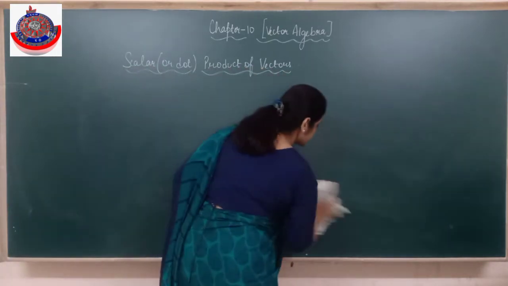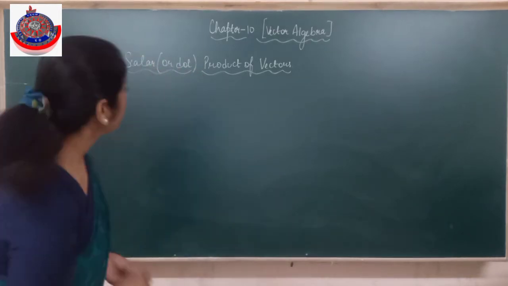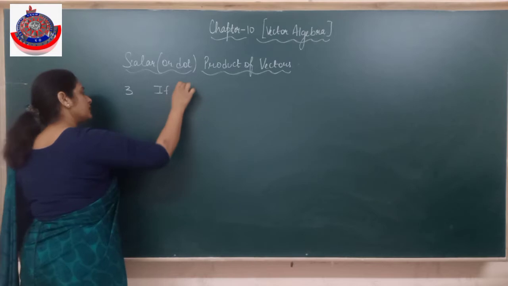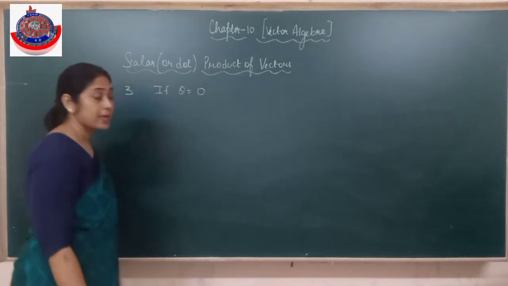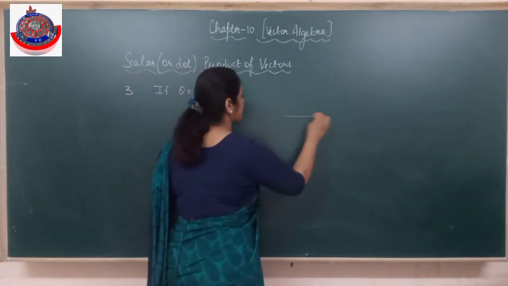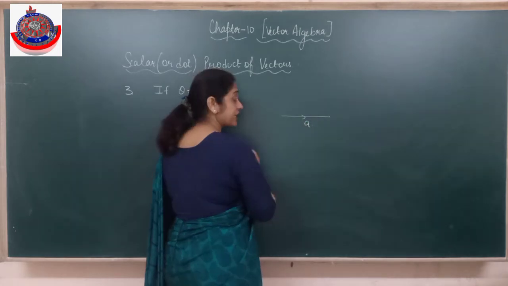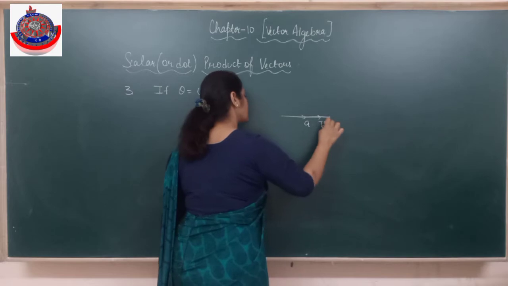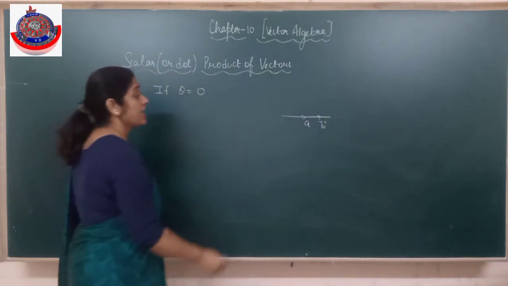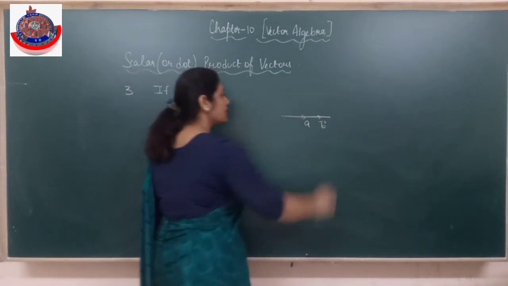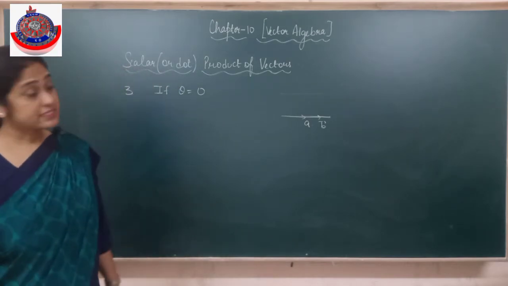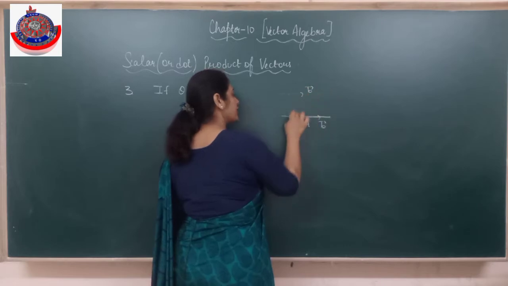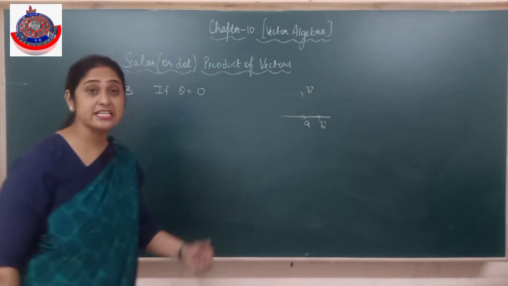The third one is if theta is equal to 0. The angle between vector A and B is 0. That means B is also here. जब आपस में एंगल ही नहीं है, no angle, they can be parallel also. Is it clear? अगर vector B यहाँ पर ही है and vector B can be here also, then also there is no inclination. That means theta is 0.